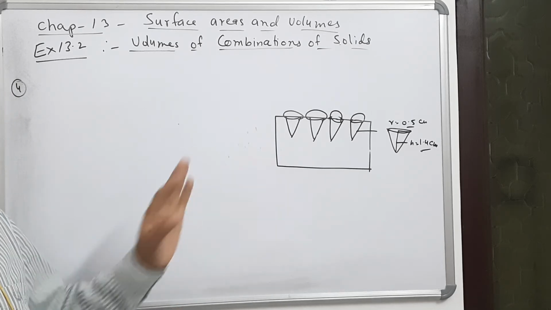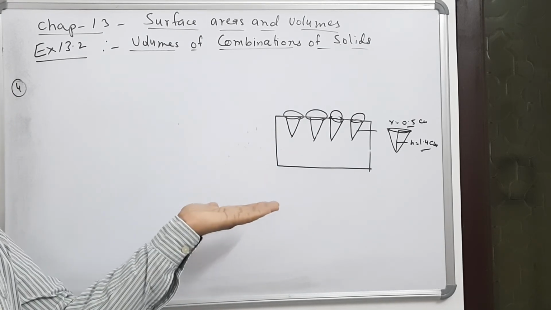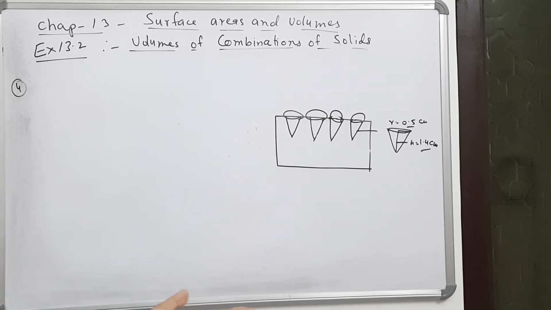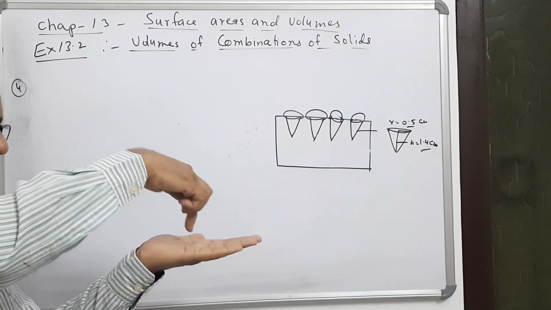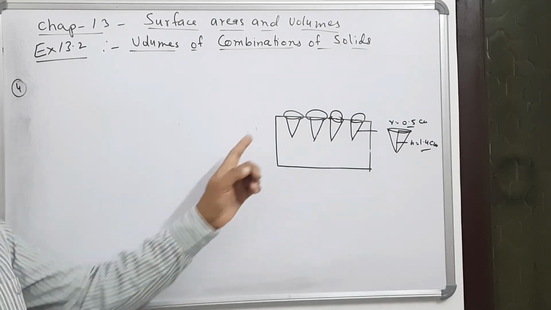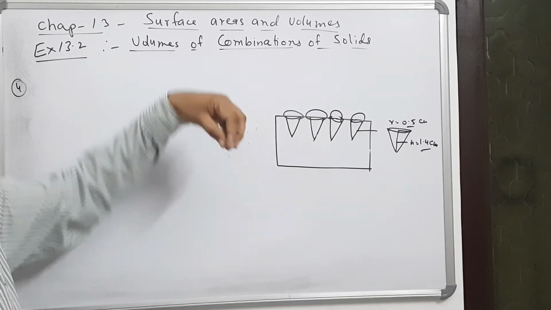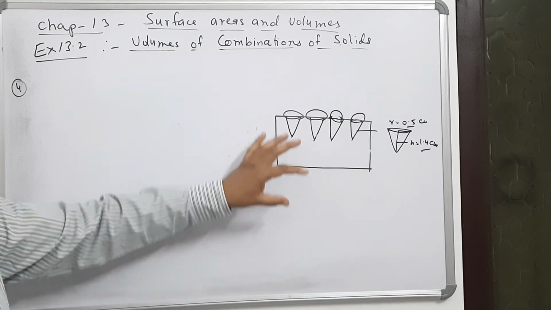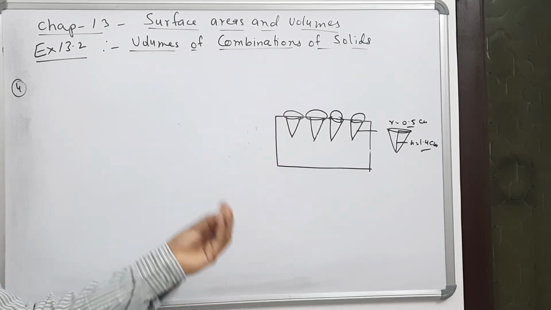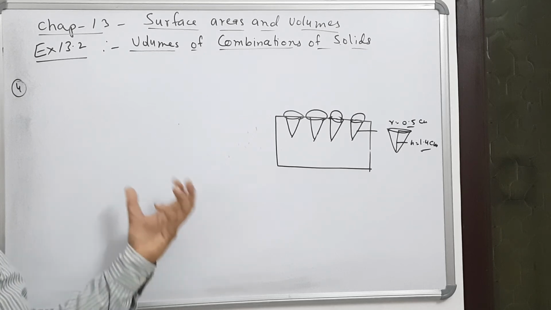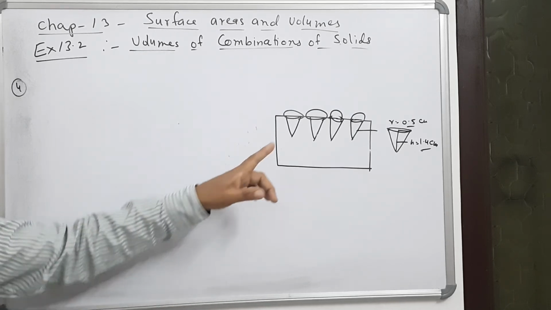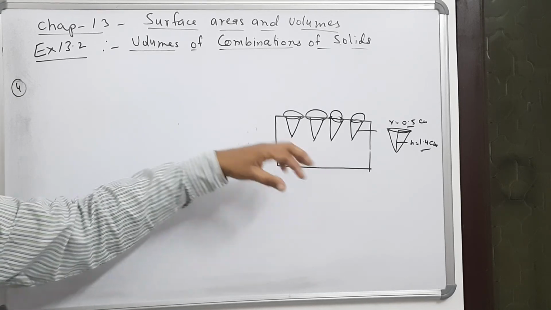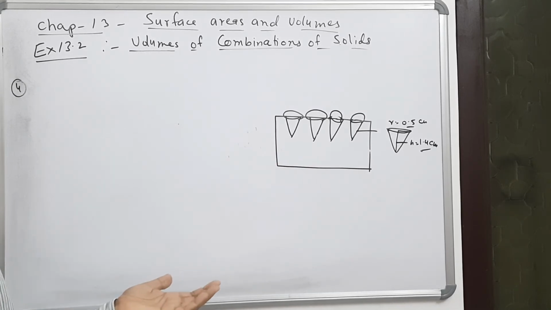The fourth problem is very interesting. There is a wooden block, and on the wooden block 4 drills are done, 1, 2, 3, 4, and a pen stand is made. Yes, on the top, 4 drills are done and a pen stand is made. Now this is a wooden block, so we have to find the volume of the remaining part of the wooden block. It means when you drill and make these conical grooves, the volume of the wood will decrease.